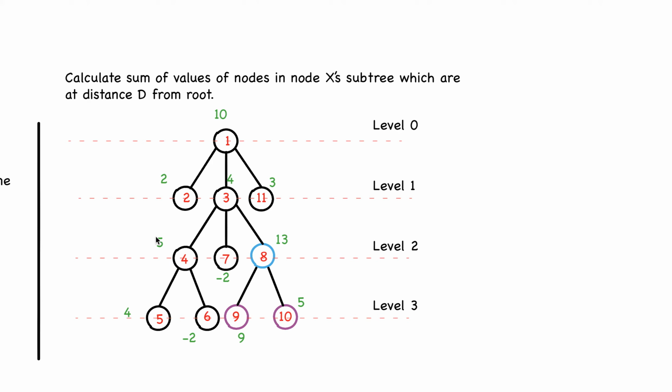A straightforward approach to answer those queries is to perform a depth-first traversal of the subtree of each query and sum all values at the required distance. However, this approach becomes very inefficient either in terms of time or space complexity if we need to answer a lot of these queries and if we have many nodes in our tree. So how can we do better here? Yep, you guessed right. Use today's gem, the depth first order.